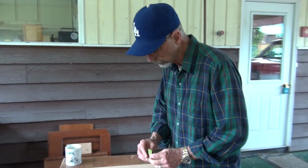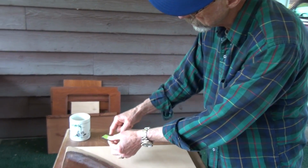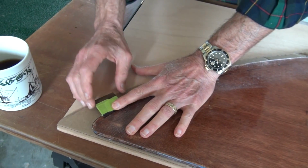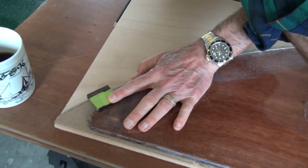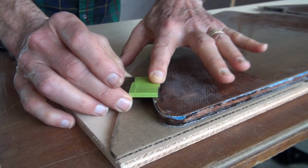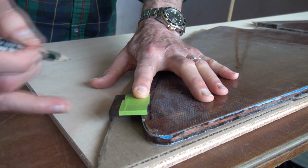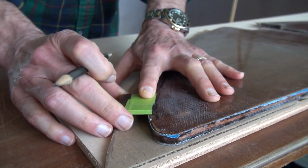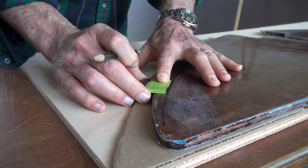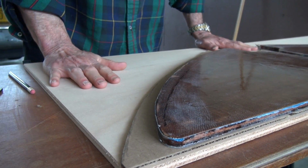So here's the way it works. Take the flat piece with the L down and place the flat with the L against the hull. And then, if I had lined this up properly, there you go, it would be like that. You place it against the hull, and then you slide it down. I used a Sharpie for this originally, but what you do is you mark it, slide it down against the hull, keeping this surface against the hull, mark it, and so on. So then when you come back to the workshop, you'll have a flat piece of cardboard laid out,